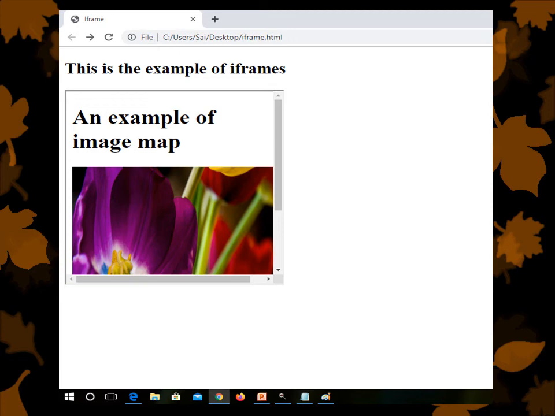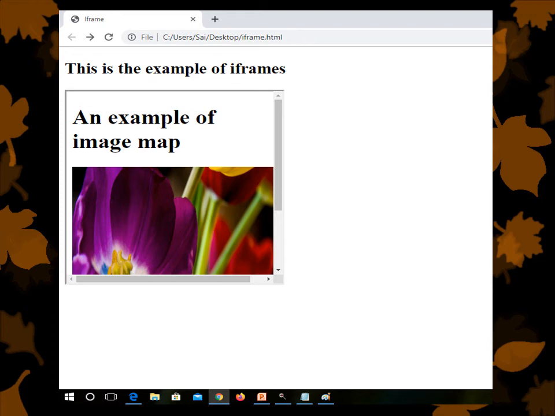So see the output here. This is the example of iframe which is already displayed in the h2 tag, and next to it is the inline frame. This inline frame shows the output of that program which is mentioned in the src attribute. This iframe consists of a border and also a scrolling bar.